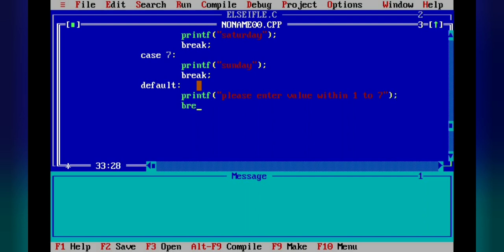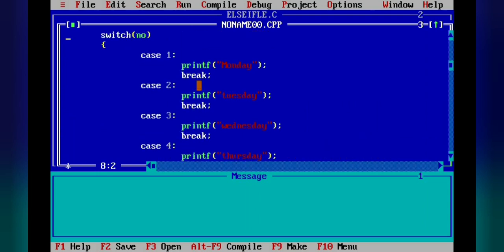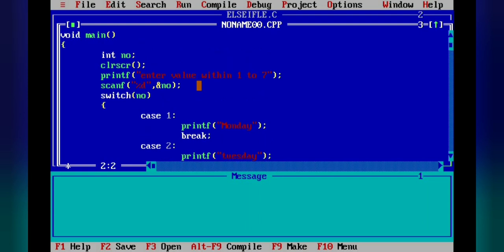Break. Now here our switch statement will be over with the closing curly bracket for the switch, and then next is for the main. So this is our whole program.